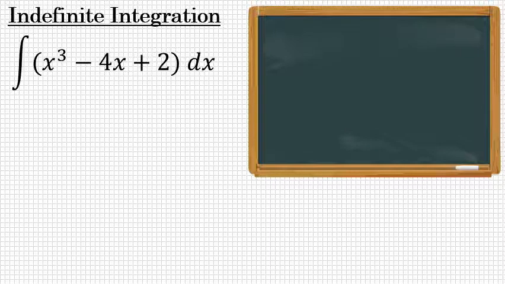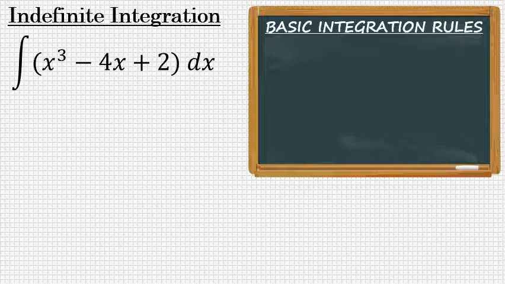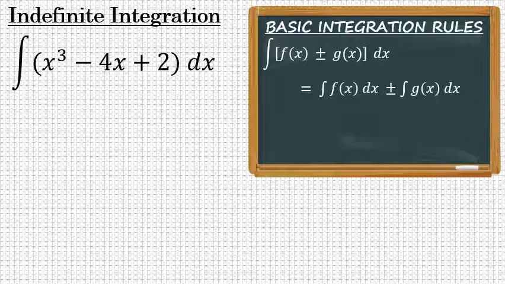To find the indefinite integral of x to the third minus 4x plus 2 dx, we're going to have to use two of the basic integration rules. The first one is the sum and difference rule for integration, and this states that if you're taking an integral with more than one term, those terms can be added or subtracted, you can take the integral of each term